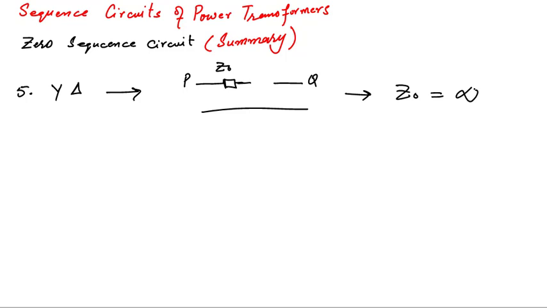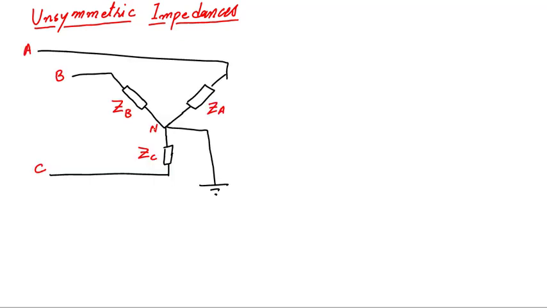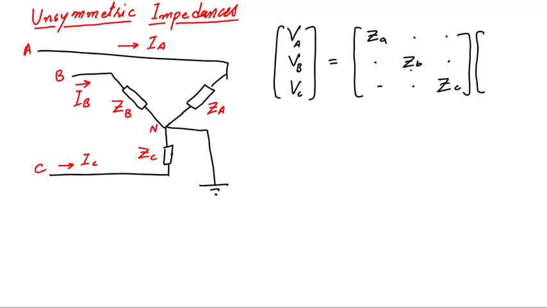Now I am going to show you the sequence impedance matrix of unbalanced load. Unsymmetric impedances means we have a load, let's say a Y connected load. A Y connected unsymmetrical load means ZA is not equal to ZB is not equal to ZC. For simplicity we are assuming over here that neutral is solidly grounded. So if we write the equation by assuming that these are the three phase currents, line to neutral voltage, a line to ground voltage, that will become the same because we have neutral and ground at the same potential. Three phase voltages are equal to impedance matrix multiplied by the phasor current matrix.